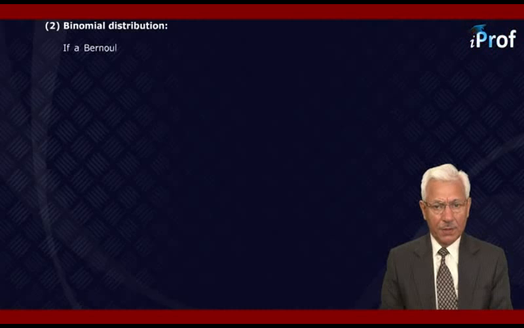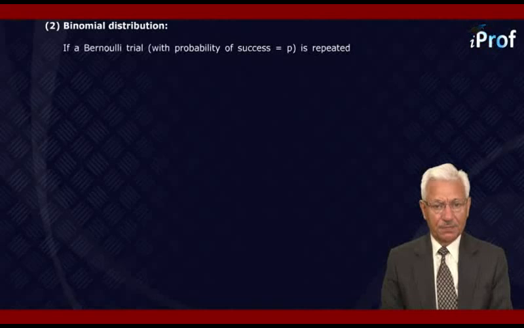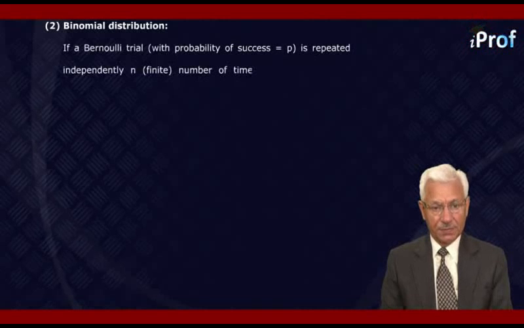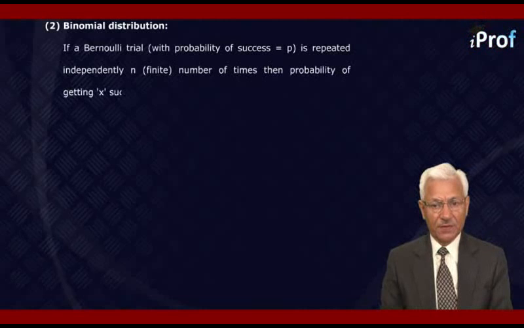The second distribution that we discuss over here is the binomial distribution. If a Bernoulli trial with probability of success P is repeated independently n number of times, a finite number of times, then the probability of getting X successes out of n trials is given by